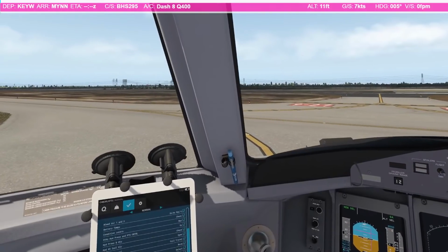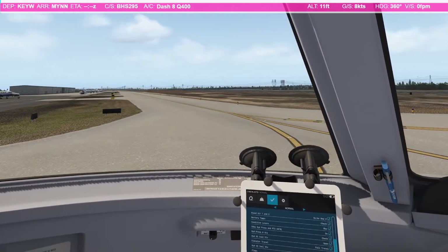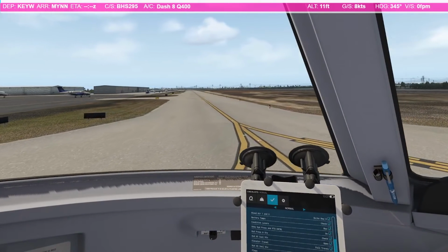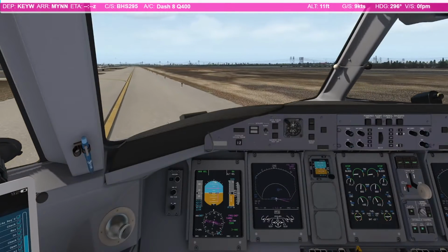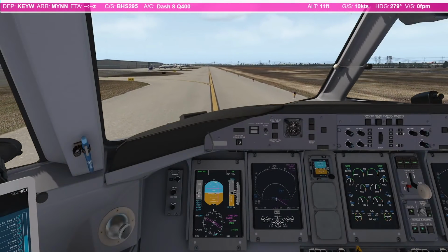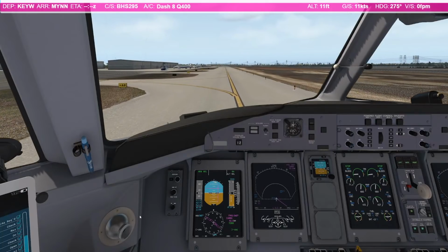Right, it's all clear. Feels so fast because, of course, we're just so low. Love it. There's not many airplanes where you get to feel like you're whizzing down the runway as fast as a Dash 8. Yeah, the rattling as well. What else can we do? Let's get rid of the